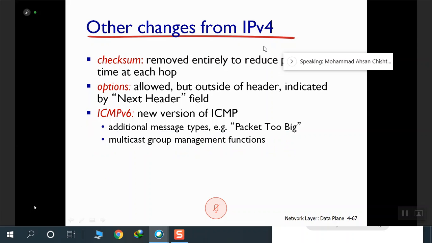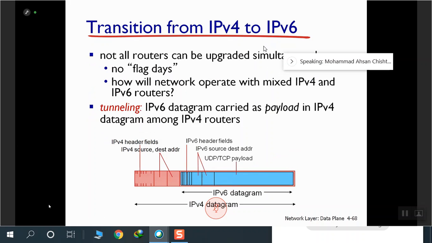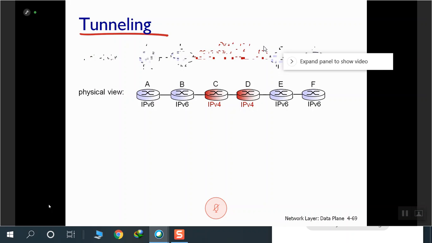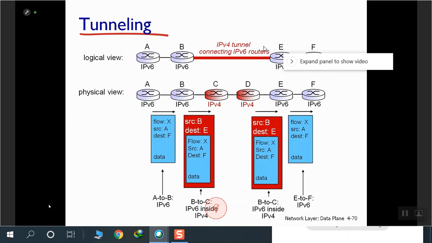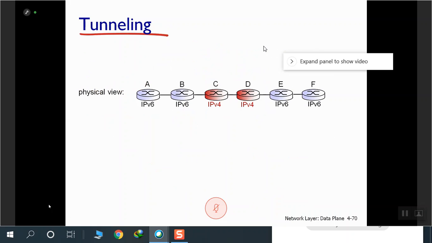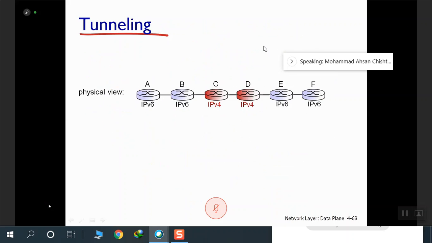Now, presently we are using IPv4, all right? We need to move to IPv6. There are certain mechanisms by which the transition can be done from IPv4 to IPv6. The first one is known as dual stack. This is tunneling. Let me first show dual stack, how it would look. Dual stack means